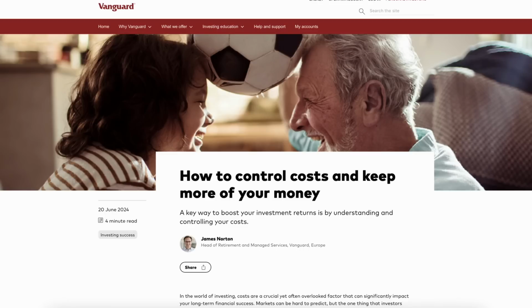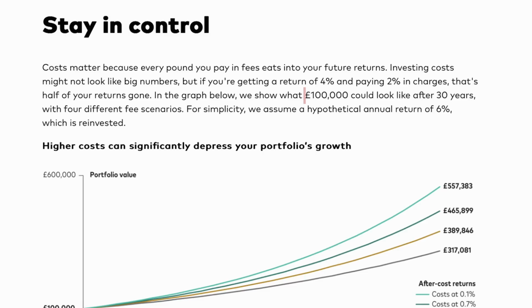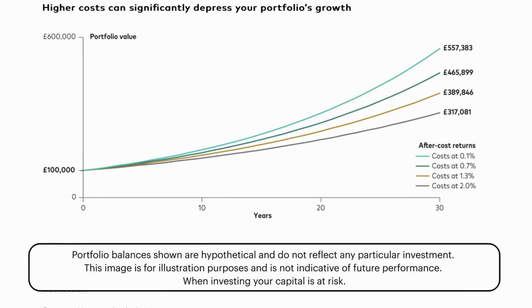Vanguard have put out a very helpful article which looked at a £100,000 investment portfolio invested over 30 years, comparing 4 different fee structures. They also assumed a hypothetical return on investment of 6% per year too. And they concluded in the best case scenario, if you paid just 0.1% in fees over that investing time horizon, you would have ended up with a portfolio size of £557,383. If, however, you increase those fees to 0.7%, your portfolio is going to go down to